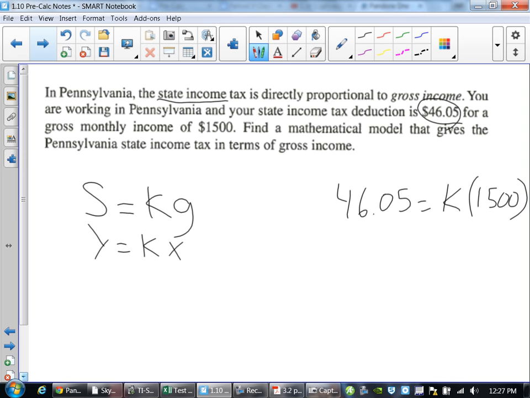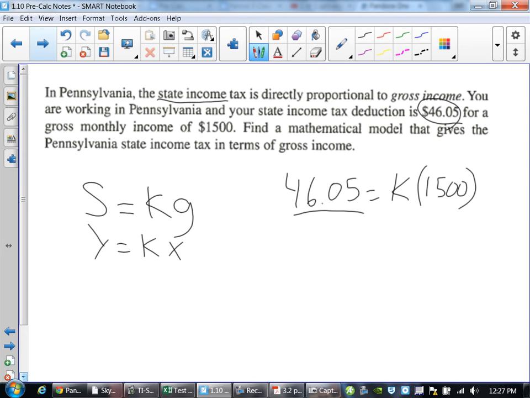Divide. So if I divide this out, if I divide that out,